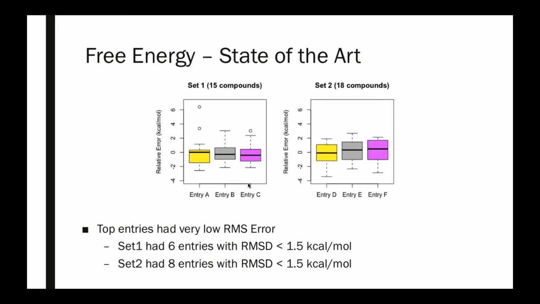There was a set of 15 compounds, which we'll refer to throughout this presentation as set 1, and a set of 18 compounds which we'll refer to as set 2. Within these sets, there were some very good performances. In set 1, there were 6 entries that had an RMS error of less than 1.5 kcals, and for set 2, there were 8 entries with an RMS